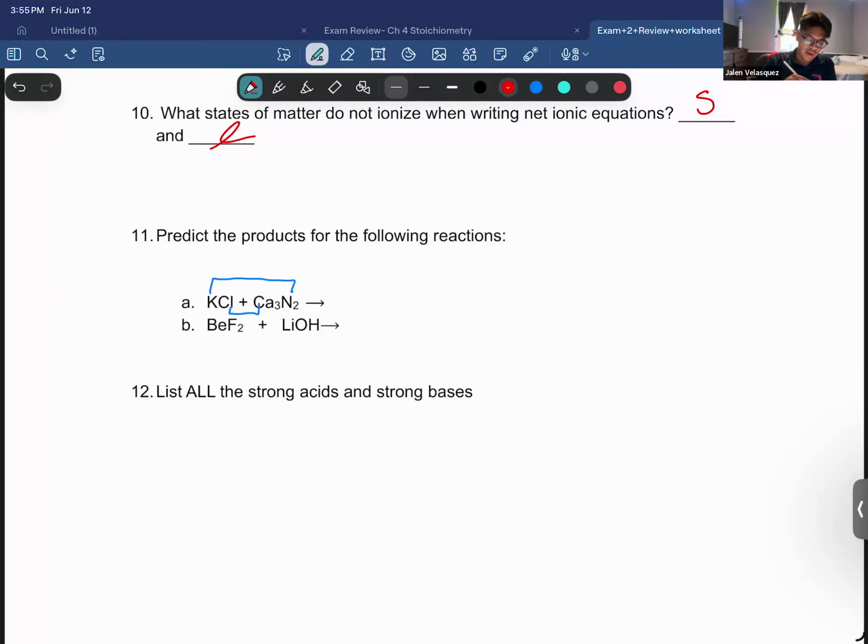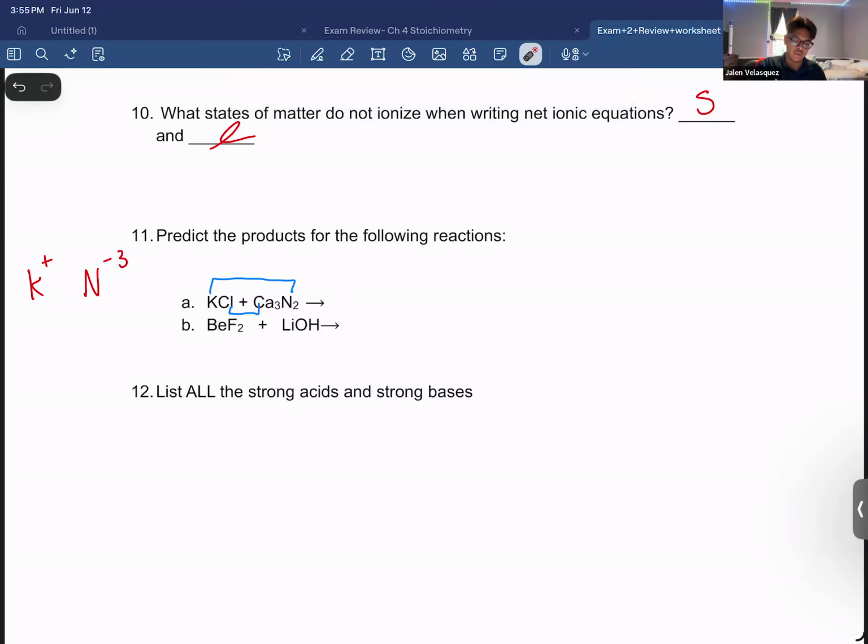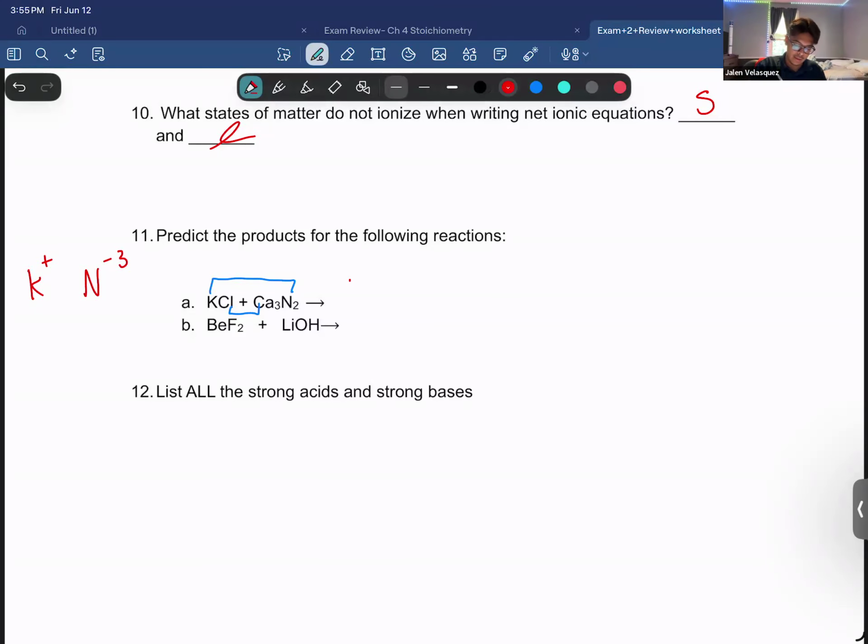So what do we have? We're combining now potassium with the nitride, right? So potassium is +1, nitrogen is -3. So to write that formula, it's going to be K3N,